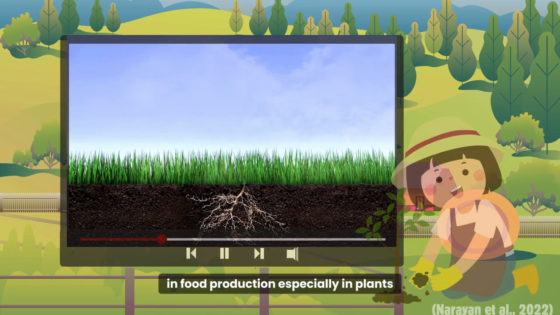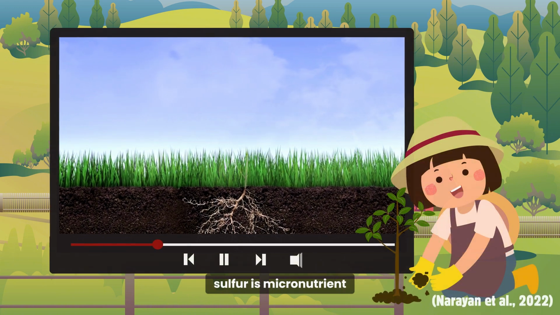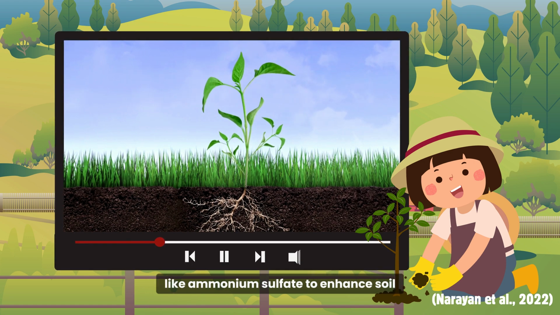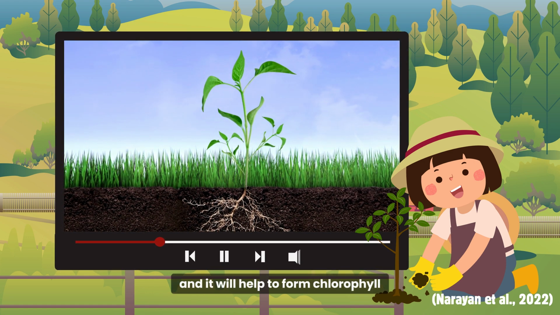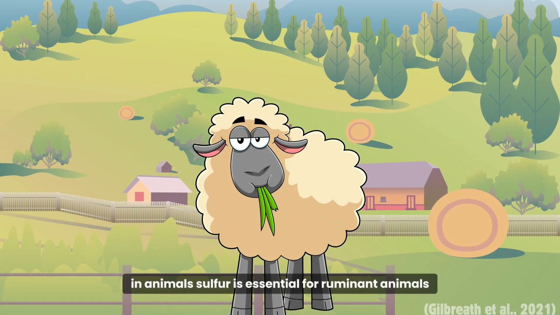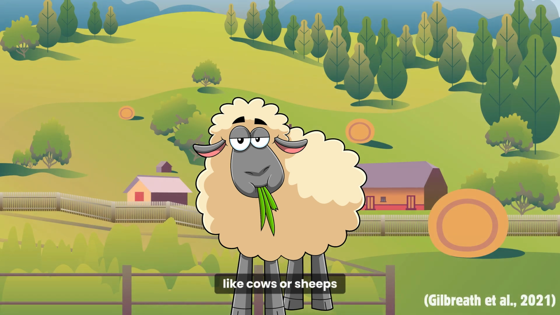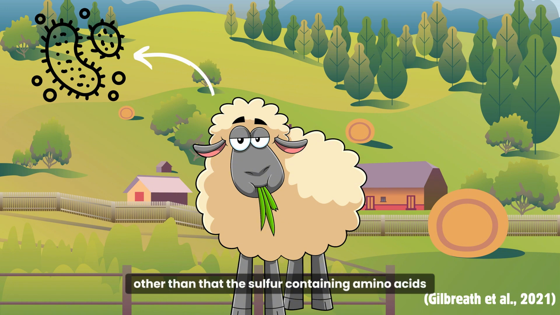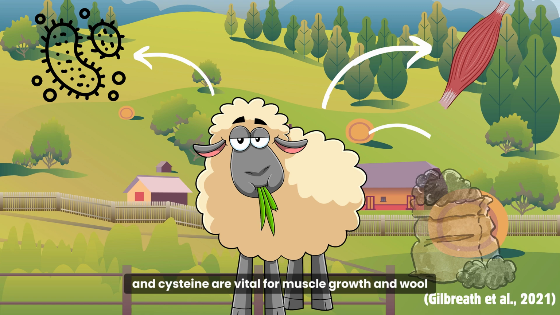In food production, especially in plants, sulfur is a macronutrient that is essential for plant growth, which can be found in fertilizers like ammonium sulfate to enhance soil, and it will help to form chlorophyll, improving plant photosynthesis. In animals, sulfur is essential for ruminant animals like cows or sheep, as it helps the synthesis of microbial proteins in the stomach. Other than that, the sulfur-containing amino acids like methionine and cysteine are vital for muscle growth and